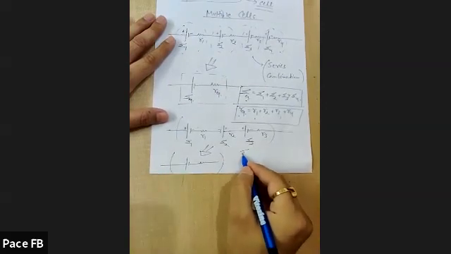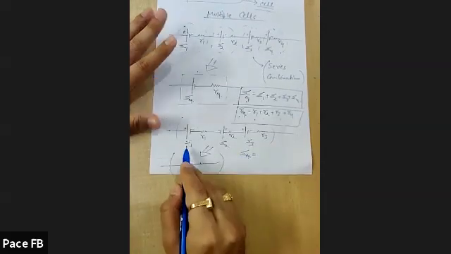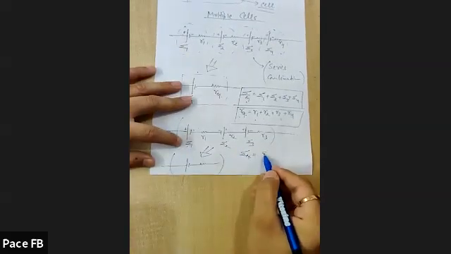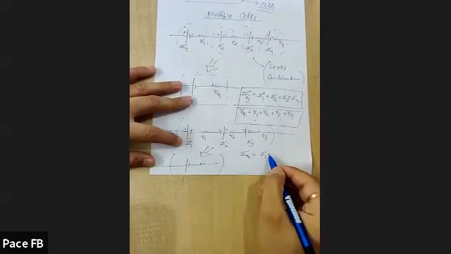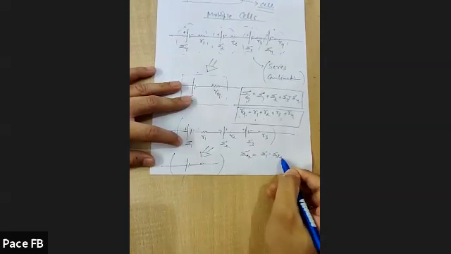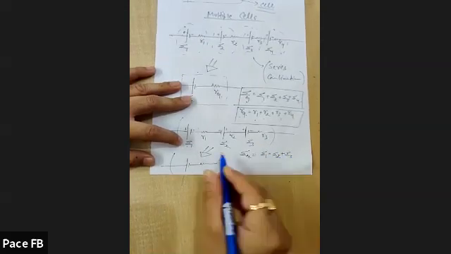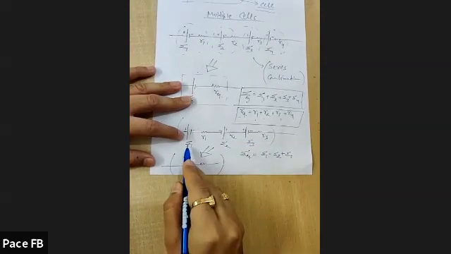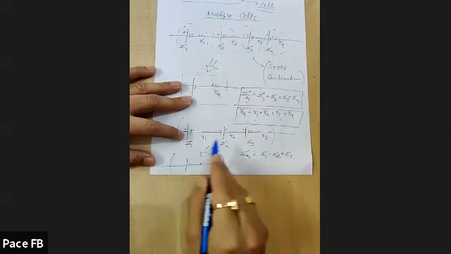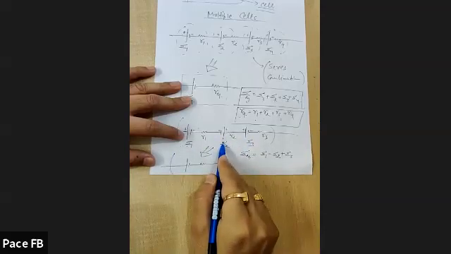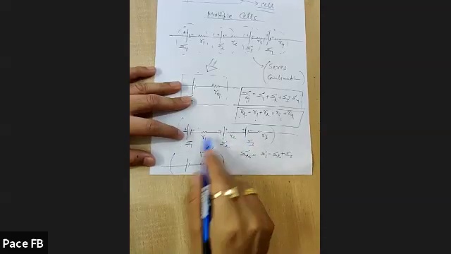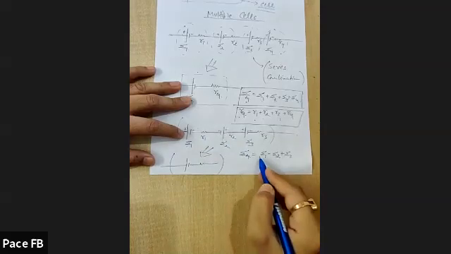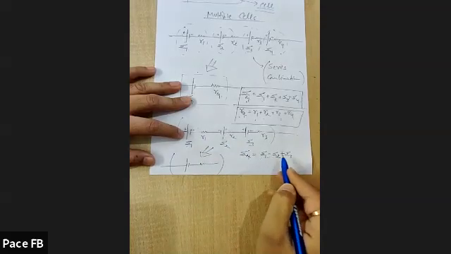See, so for EMF equivalent, you will take E1 as plus and this E2 as minus. Only the negative sign will come, and then again E3 as plus, because E3 is having the same polarity direction as that of E1. So if you are assuming these two as positive, then definitely E2 would be negative because it is just opposite of E1 and E3. So E equivalent would be E1 minus E2 plus E3.